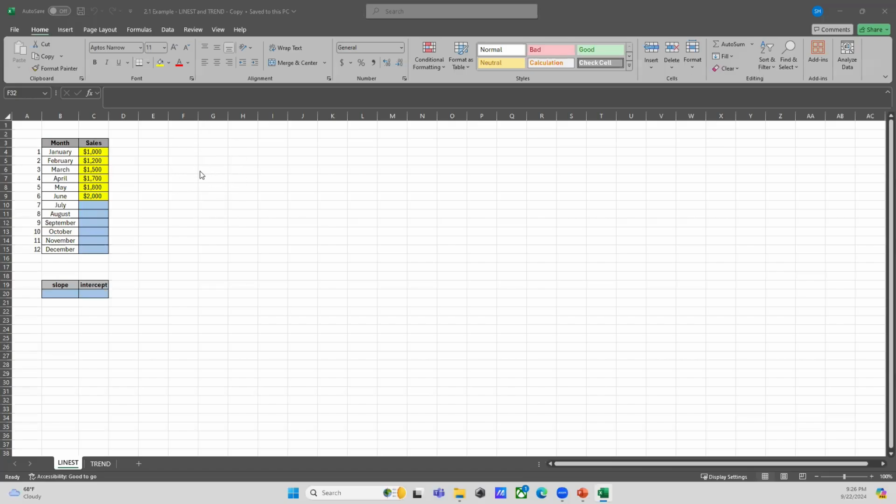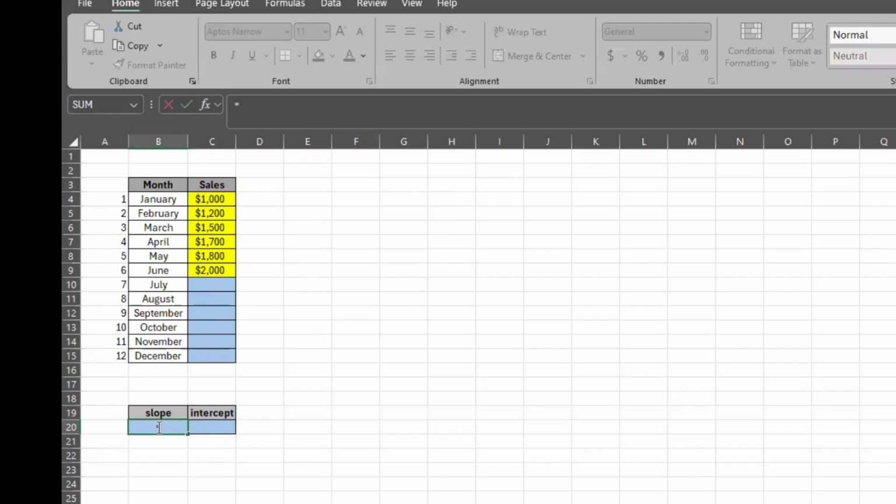So this is the Excel file we'll be working on. From month January to June, the sales are given. The yellow cells show the sales which are given, and we have to predict the sales from July to December. So the first method we are going to use is the LINEST method. So you see here the slope, here we are going to type the formula. Just go to the cell B20 and write the formula equal to